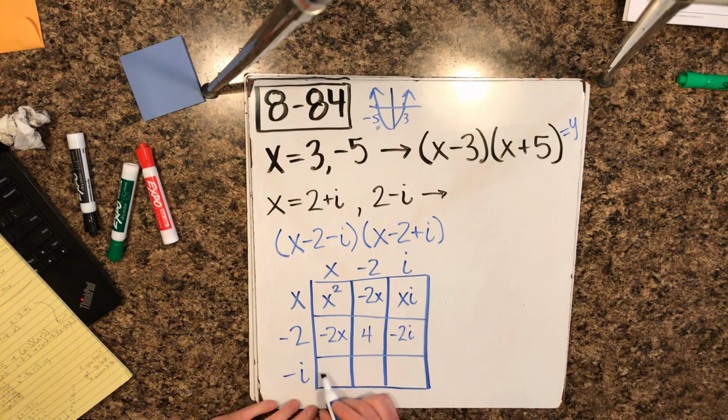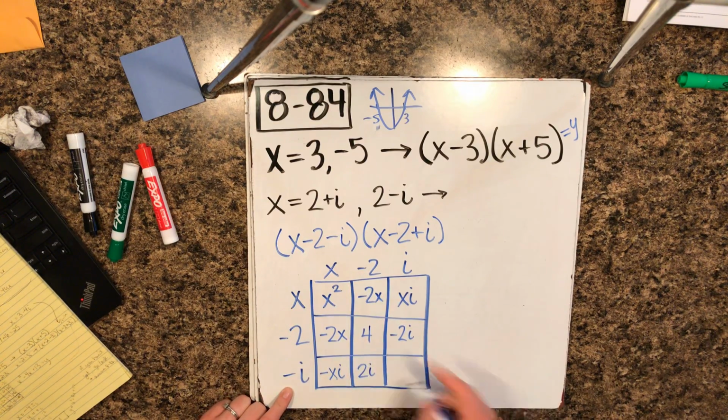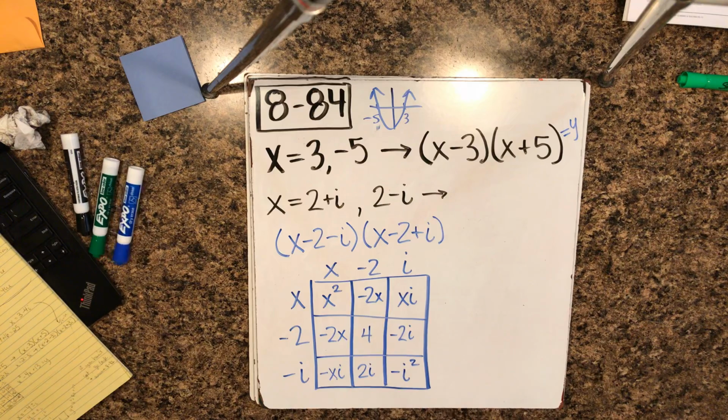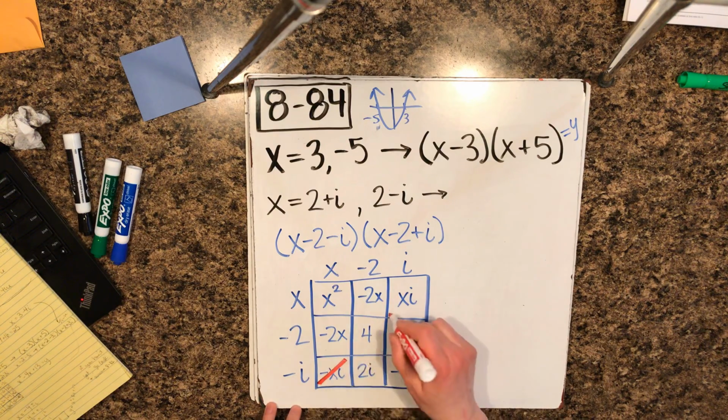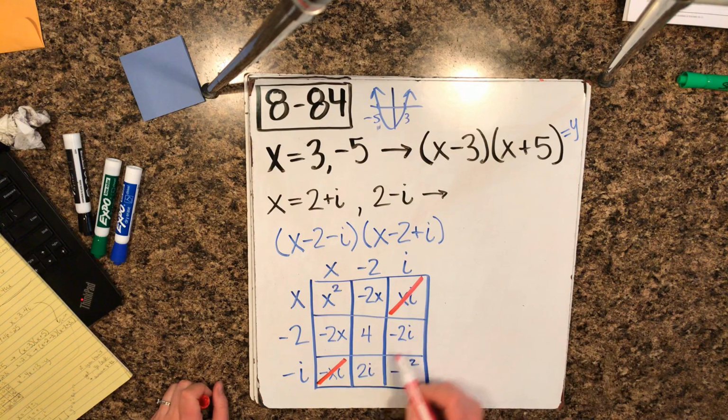-2i. On the bottom, positive times negative is negative, x times I, xi. Negative times positive, 2i, negative times negative, I squared. Okay, and you're going to notice some things are happening here. You should notice that these corners, xi, negative xi, 0 pair and gone. 2i, negative 2i,